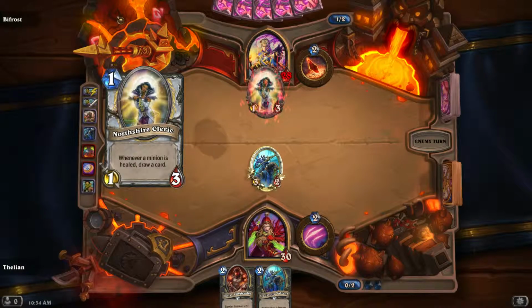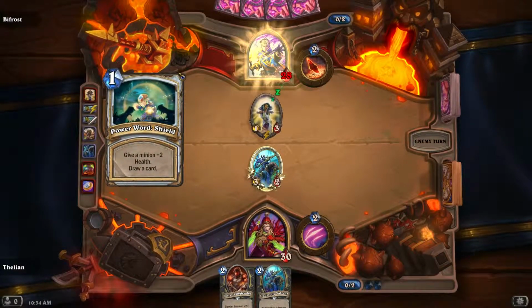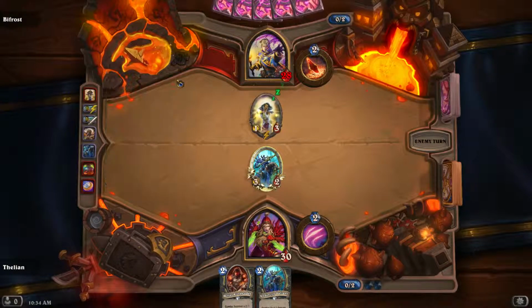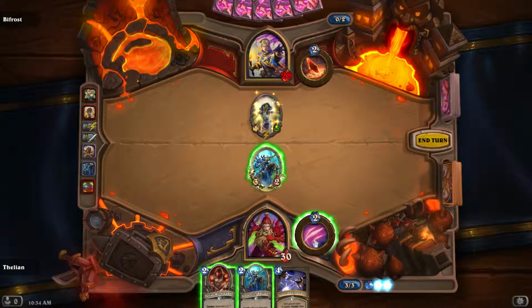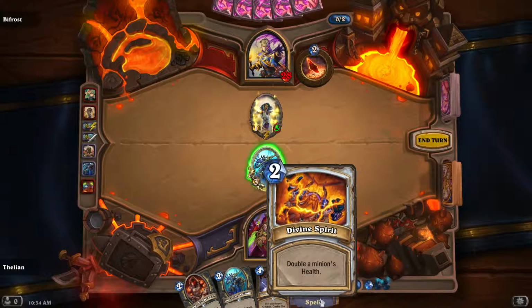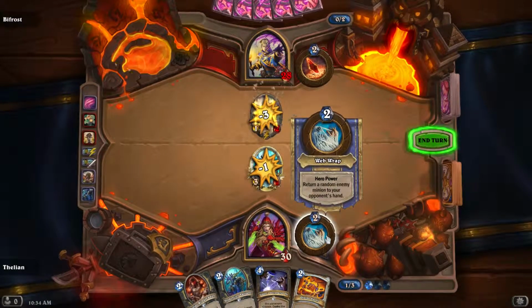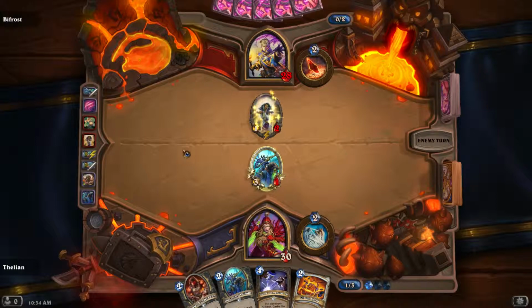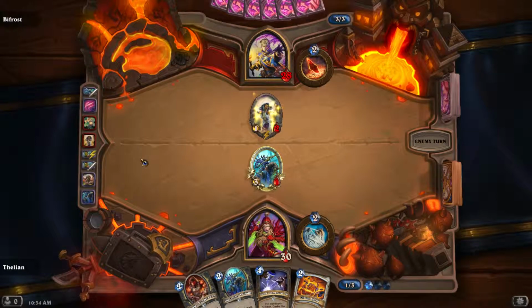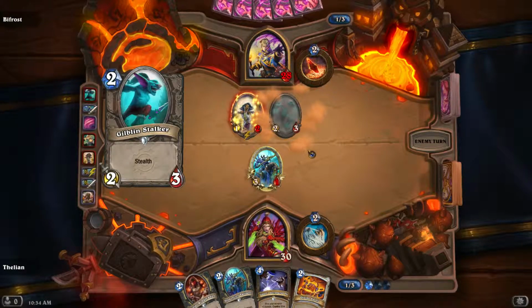Is someone injured? Northshire Cleric. He doesn't really have all that many heals. Well, I guess he does with the buffs, but with the hero power not being active, he doesn't have all that many that are going to. It's pretty good for us. Turn a random minion to your hand, to your opponent's hand. Okay. Divine Spirit's not as good as if we would have gotten something like Inner Fire or something, but still